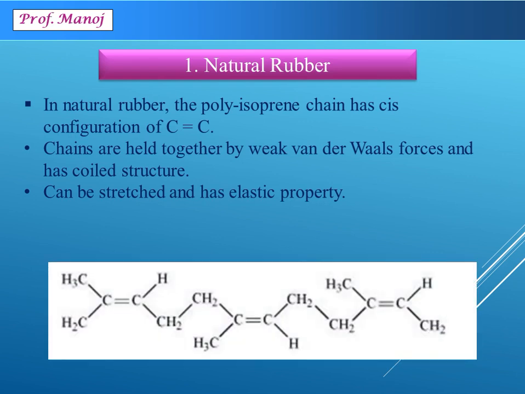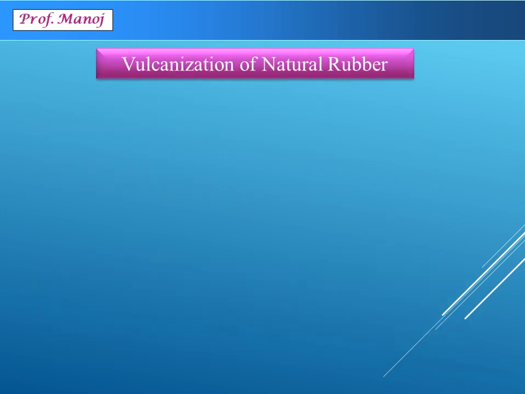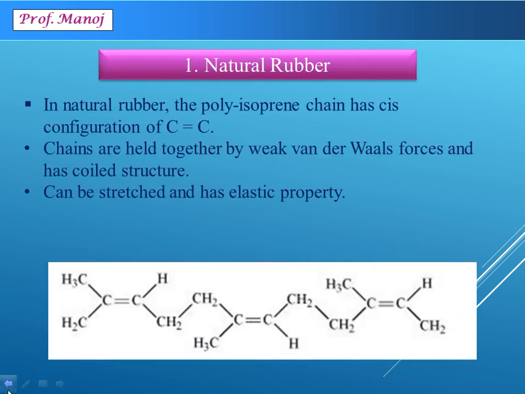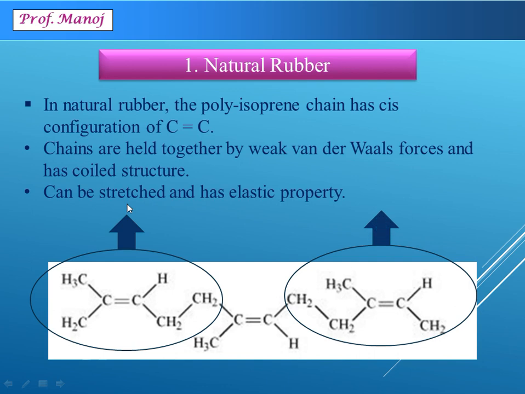Let us see this particular structure one more in a different angle. This is a long chain of polyisoprene. Focus your attention on one of the chains of polymer. Now you can see that I am marking the chain here. The portion is connected to one of the bond on the left hand side of double bond and on the similar side there is another bond connected. As you can see, both the bonds are on the same side of the double bond. The natural rubber is in cis format.